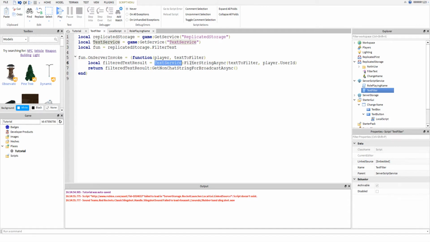What this does is it gets the text service, and it sends in the text that needs to be filtered and the user ID of the player that provided the text. I'm not exactly sure why Roblox wants the player ID. Maybe it's because if there are too many offenses, they ban them. I don't know how it works, but you have to provide this. It's not optional. So anytime you filter text, you have to pass in the user ID of the player who